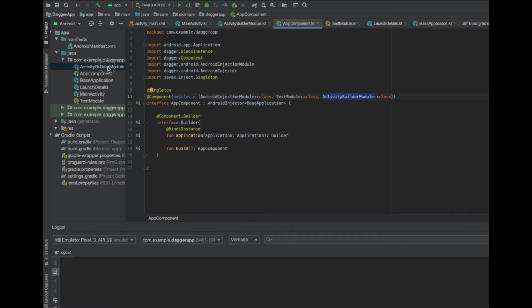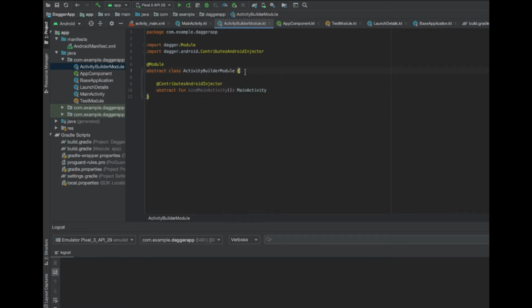Activity builder module is nothing but a module in which we mark all our activities which can be injected. In our project we only have one activity, that is main activity, and we want to make it injectable, so we mentioned it here using the contributes Android injector. The other